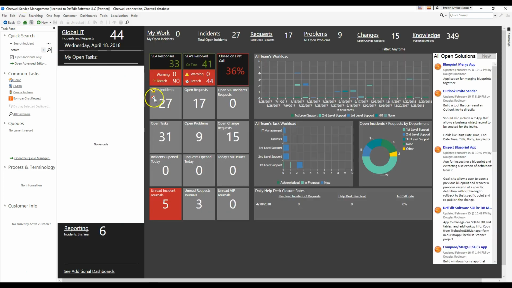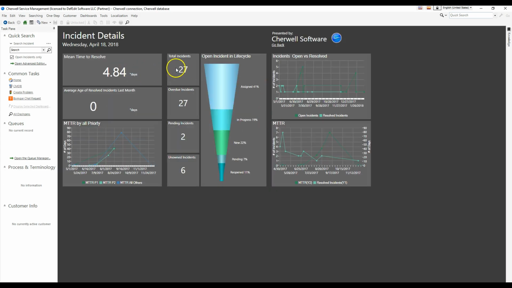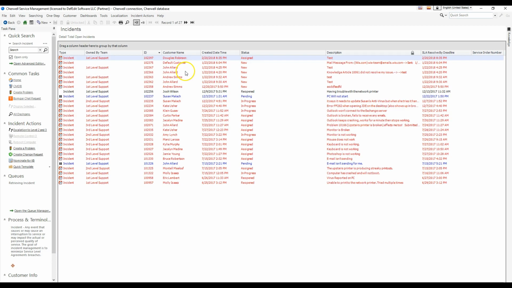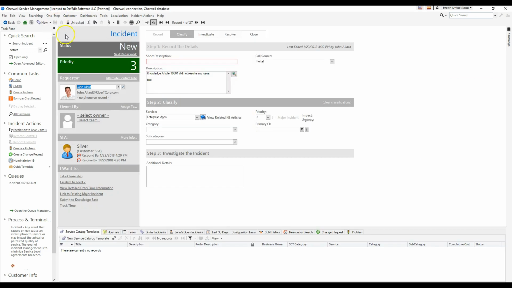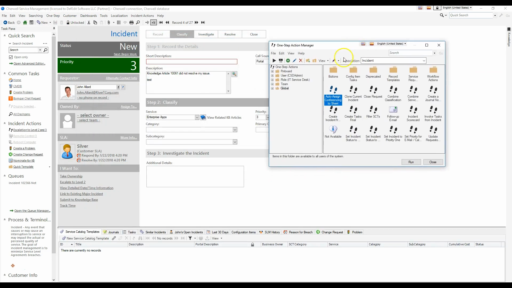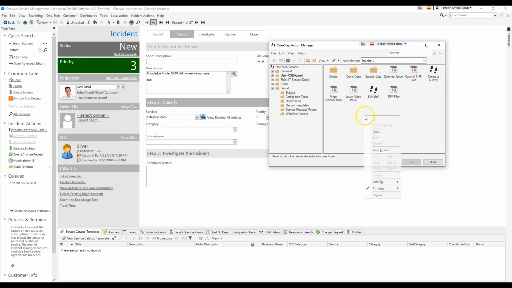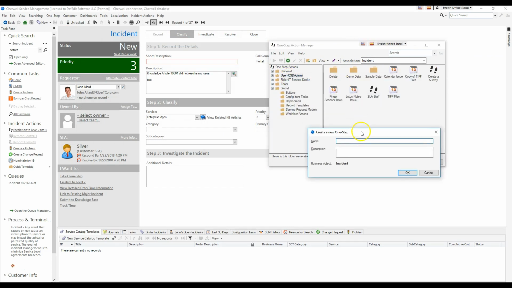It's an incident one step. I'm going to need it, or it's an incident expression. I'm going to need it on an incident. So I'm going to go create, darn it. I'm going to go open an incident, and then I'm going to create a one step that'll use it so we can kind of test out how this expression will look, just so that I know it's working before I try to implement it. So I'm going to create a one step for myself,